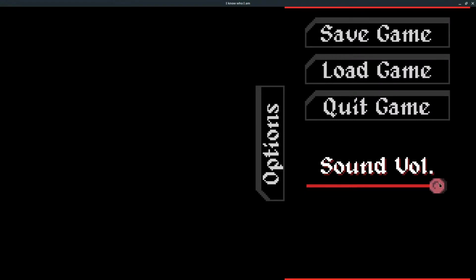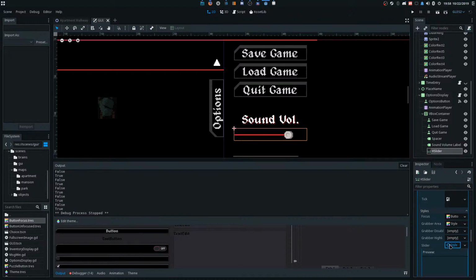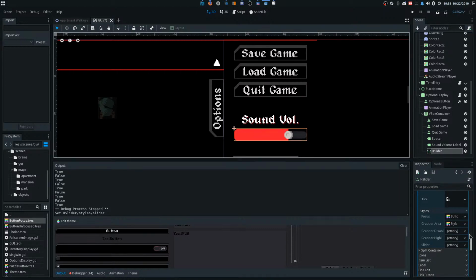At least now I can select it, but only like dead center. Yeah, I'm not sure about this one. I'm not sure what this is.